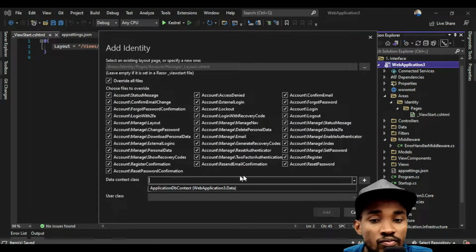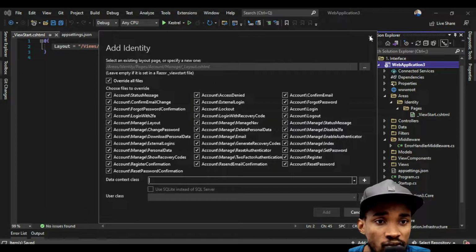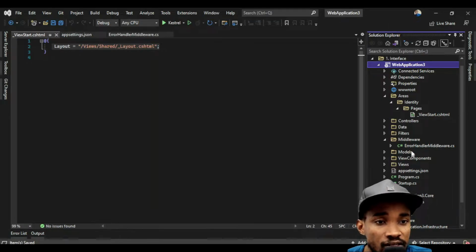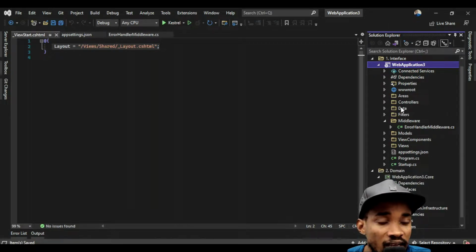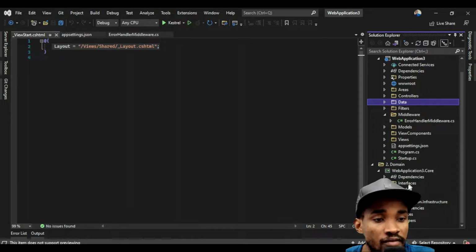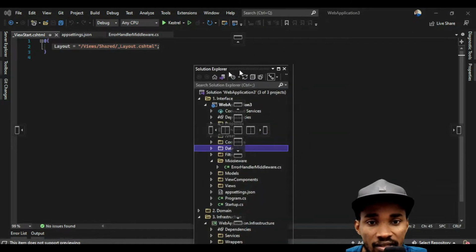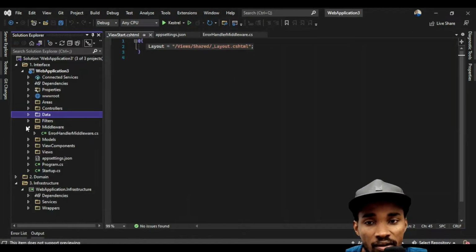Another thing is you might want to just select the DB context that you want to use with this actual identity. Okay, but before we actually go into this, there's just one thing I would like to quickly fix. What I would like to quickly fix is, number one, I want to relocate this actual data into the infrastructure. The reason why we want to do that is because I just want to detach this. Let's detach this and let's move it to the left side so that you can see what I'm trying to